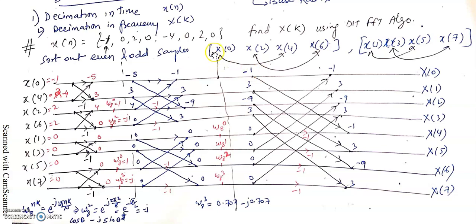In a similar way, decimation is there because we are taking x0, then x4, then x2, and we are neglecting the odd samples in between x0 and x4. So we have to write in this sequence only. After x0 in this sequence, we have to draw these four lines. Remember how this sequence works. It is quite logical and has a pattern.